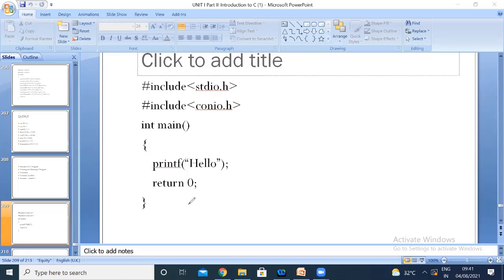But it is okay to pass arguments. As I already told you, main is going to receive arguments of type argc and argv. Generally, if you work with command line arguments, when you want to give your input through the command prompt, in that situation you can pass your arguments to the main function also.